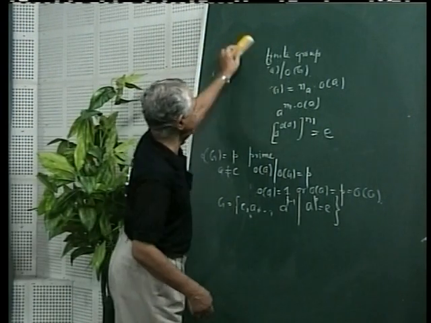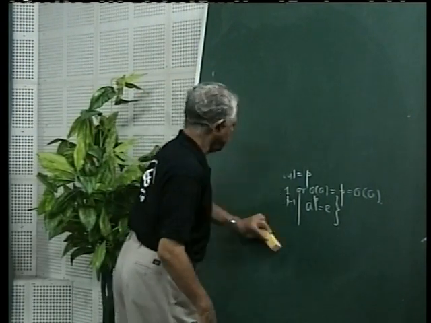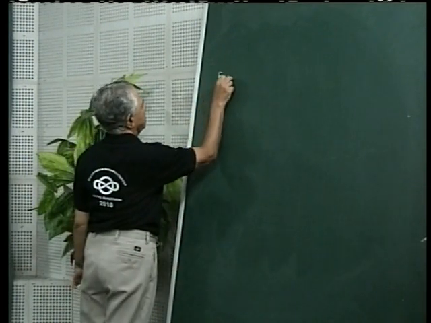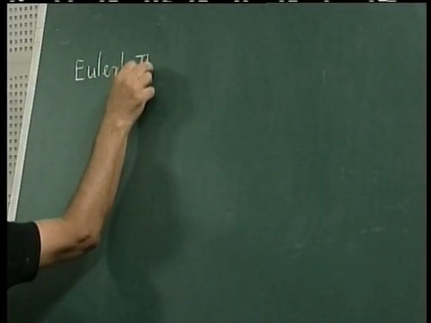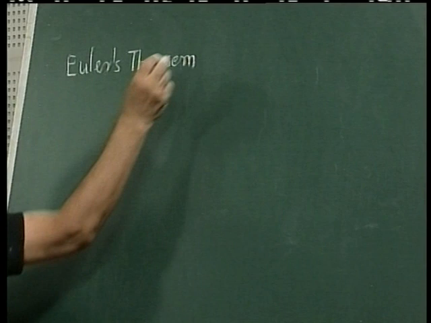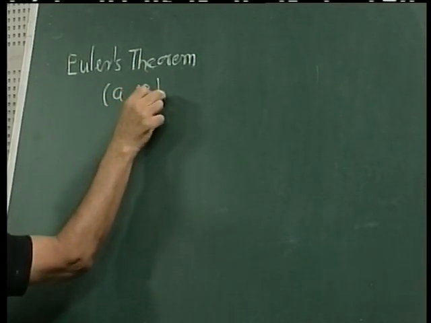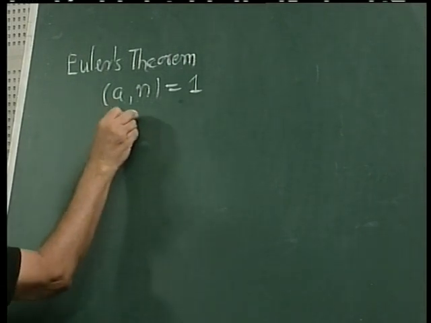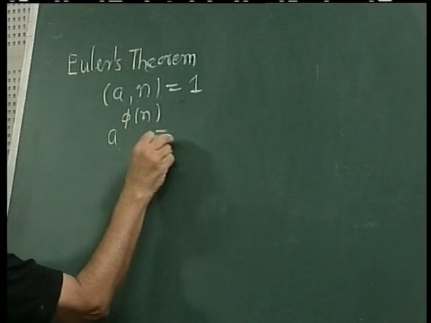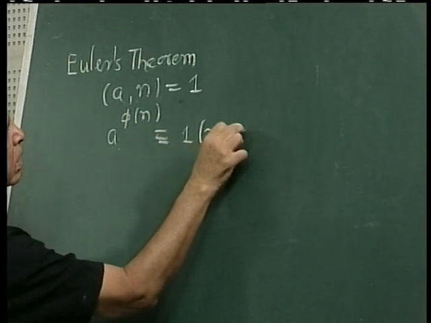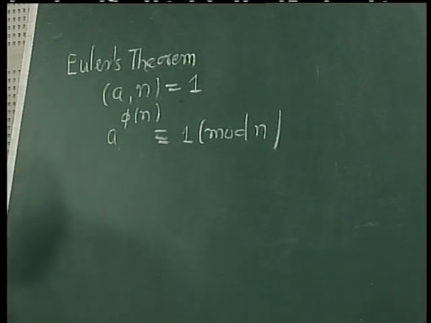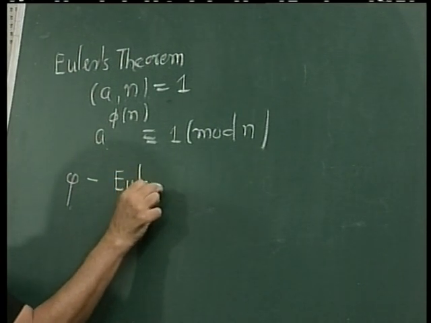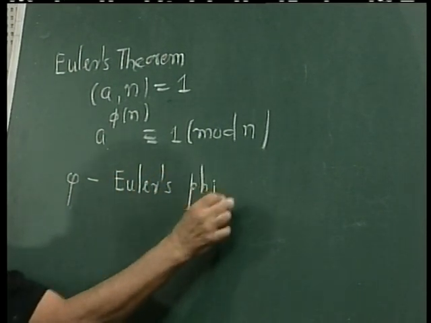Alright. Now we give two theorems without proofs here. One is Euler's theorem. Suppose A and N are relatively prime integers, then A raised to phi n is congruent to 1 mod n. Here this phi is Euler's phi function,